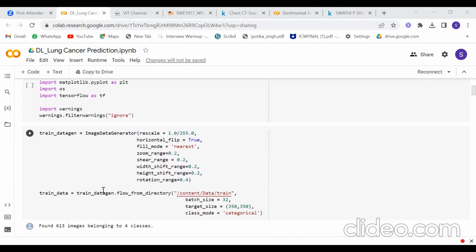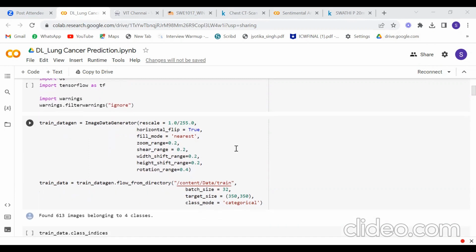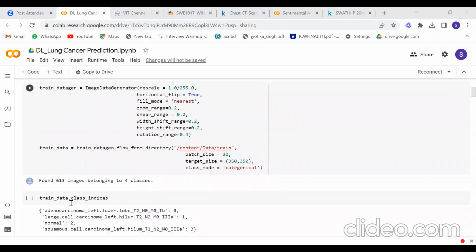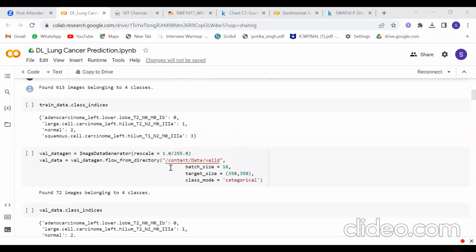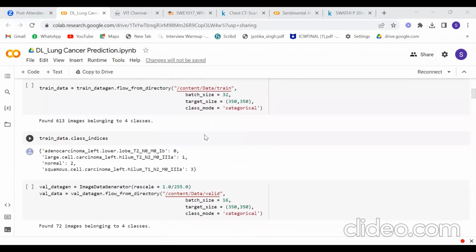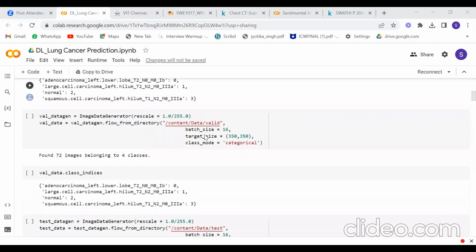We found 613 images belonging to 4 classes. Those 4 classes are adenocarcinoma, large cell carcinoma, normal, without cancer, and squamous cell carcinoma. Then again, we are done with the training data. So we are going with